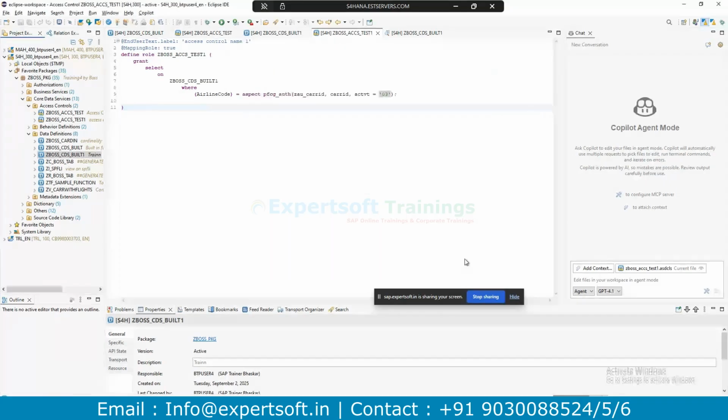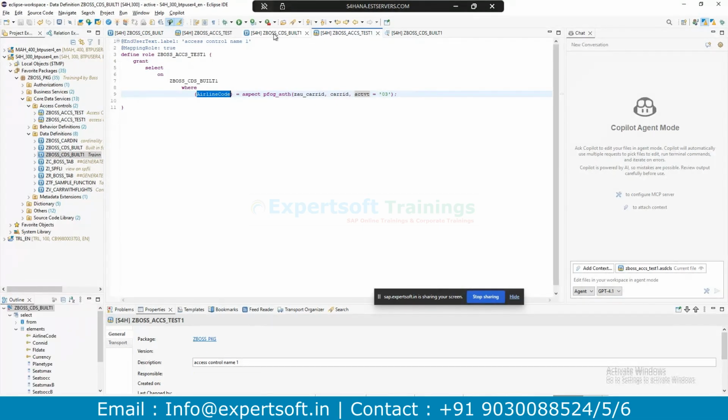Once it is defined, it is a select on the CDS view name where the airline code is a where clause: the element name equals aspect pfcg_auth in brackets. You have to give the authorization object name, and the fields in the authorization object are CHAR ID and activity ACTVT for 03. Now you see I have replaced the CHAR ID with the airline code.